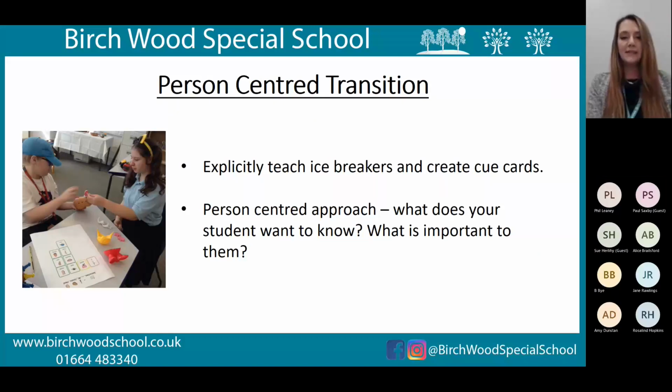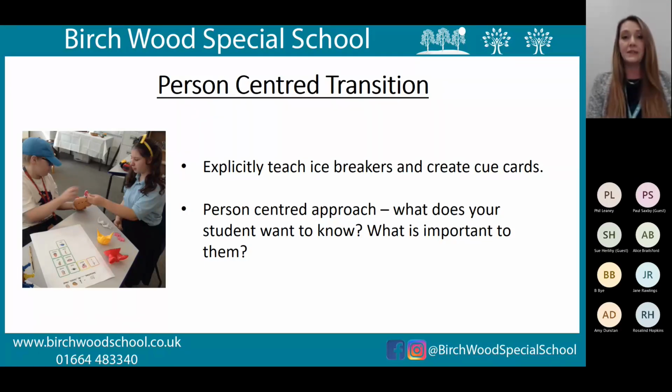Okay, so person-centered transition. Many of the young people that we work with have social communication difficulties, and the process of meeting new people in a new environment can be really overwhelming and confusing. A helpful way to ease the discomfort a little bit is to teach and then practice icebreakers. So to explicitly teach when you meet a new person, you could say,